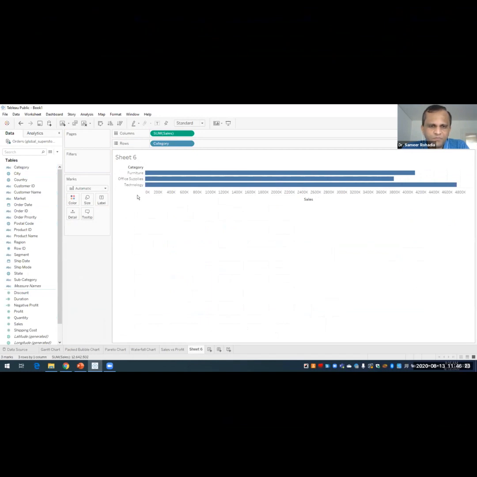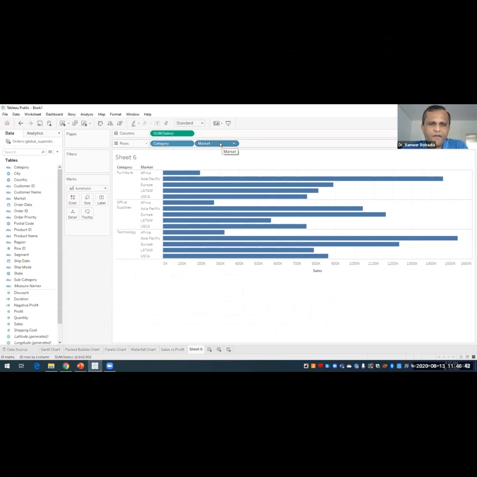Now let us put the market also over here. I drag the market and put it over here in the rows. Now you can see that in the visualization we have first the category and second the market.